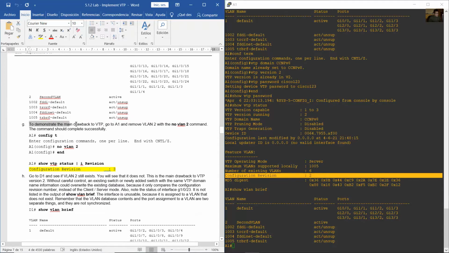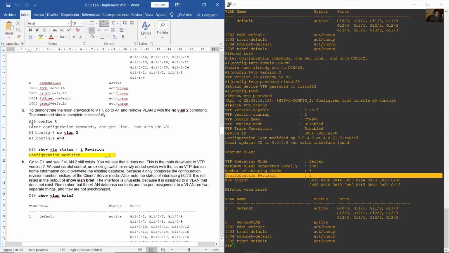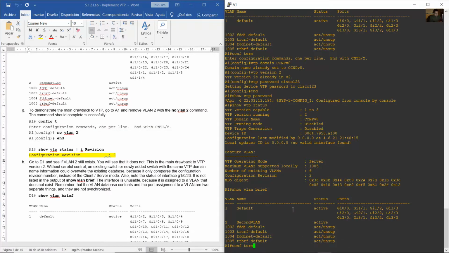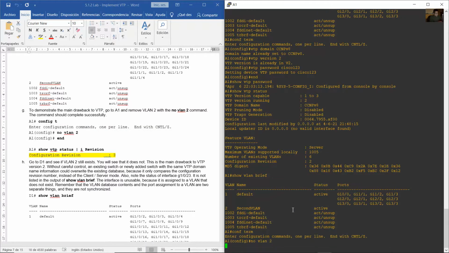To demonstrate the main drawback to BTP, go to A1 and remove VLAN 2 with the no VLAN 2 command. The command should complete successfully. Okay, go to A1 and remove it. Configure terminal, no VLAN 2, enter. Then